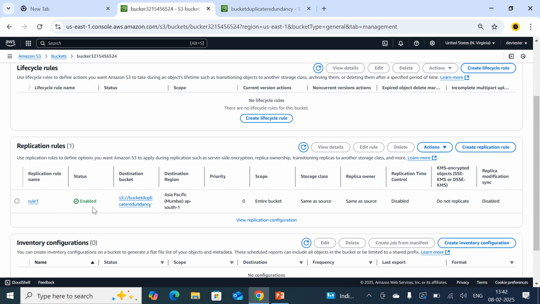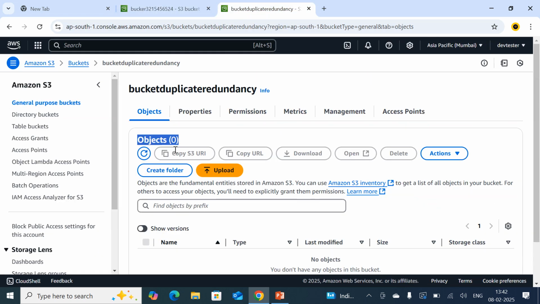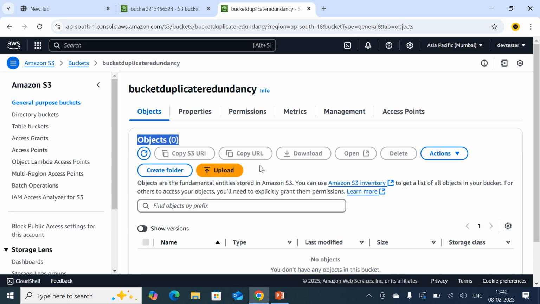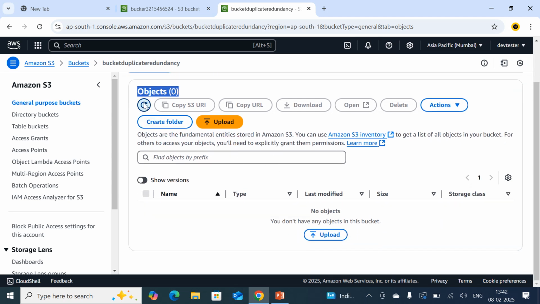The rule name is rule one and it is in the enabled state. The destination bucket is the bucket which I created in the Mumbai region and the scope is the entire bucket same as source. So just click here and refresh again. I think it is taking time, but surely it is going to replicate here.